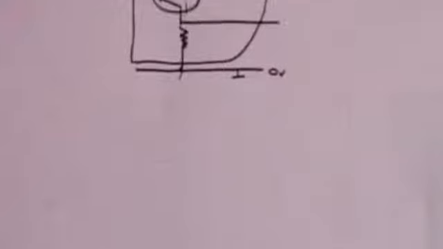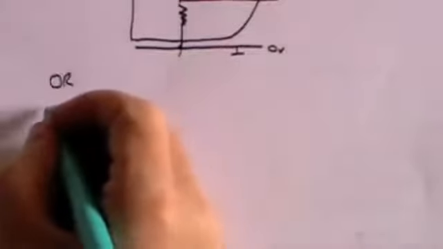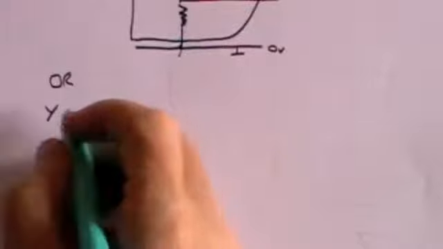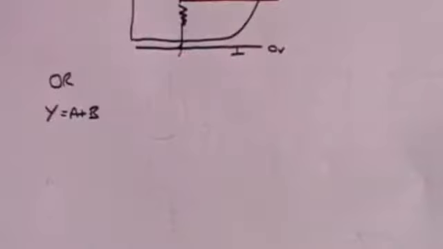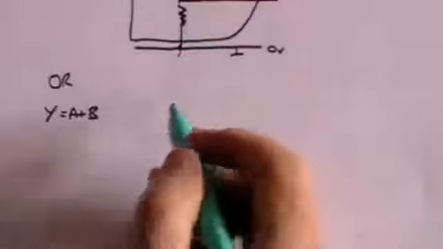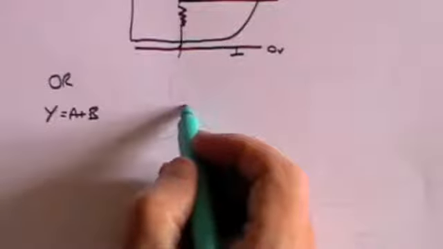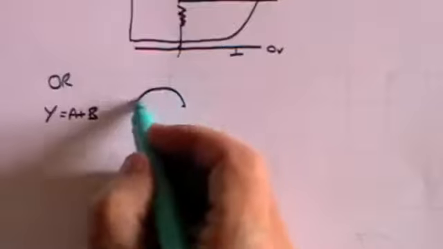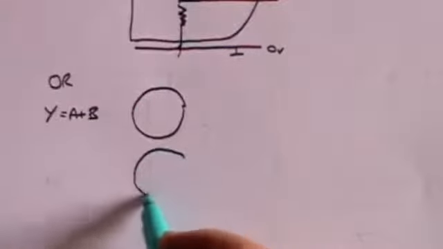Let's move on and design the OR gate. And this is often represented as Y, which is the output, equals A plus B. And of course that means that either or both are true. Either A or B inputs will be a positive voltage. And once again we need two transistors